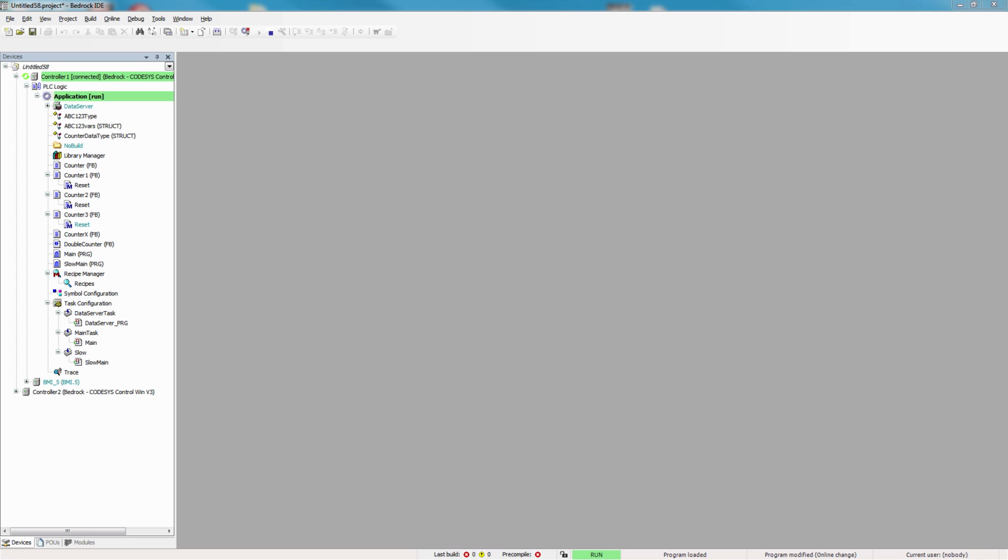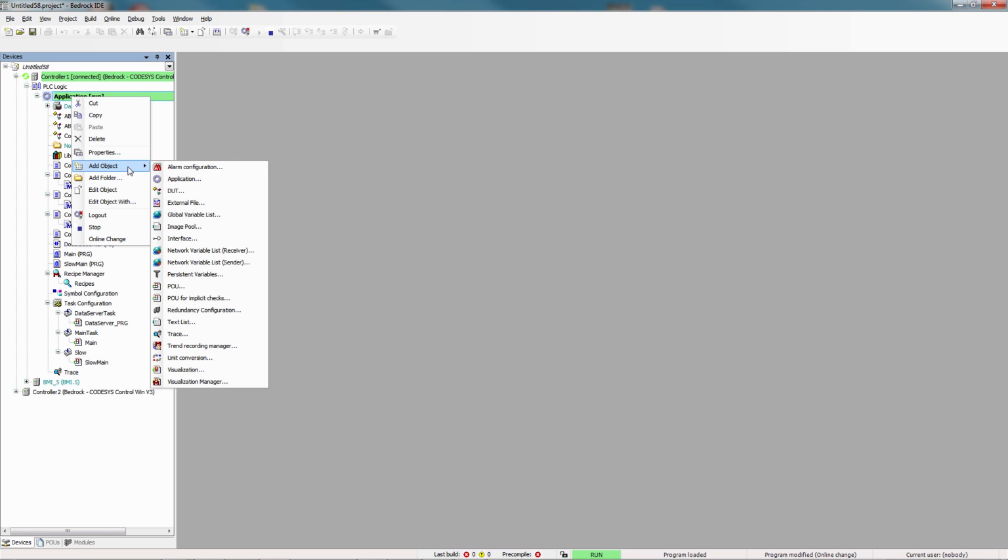The Bedrock IDE has many other features and functions that we don't have time to cover in a 2-hour demo, but let me just run through them very quickly. We have an alarm configuration manager for determining critical process states and unusual event sequences. We have an external file, which is similar to OneDrive or some other synchronized directory tool. This allows files to be maintained in 3 places: in the development computer, in the Bedrock IDE project, and on